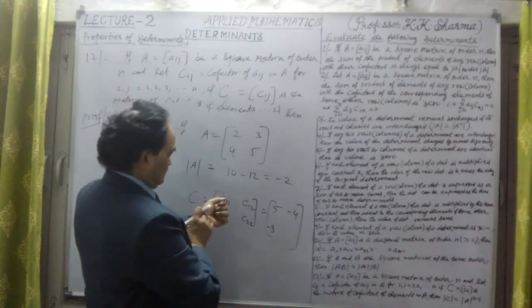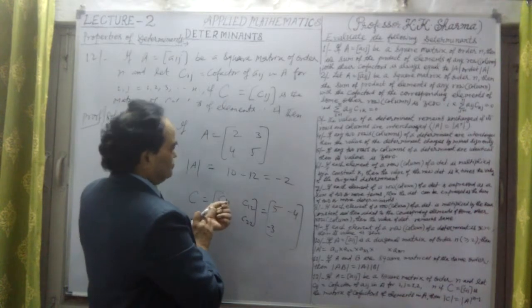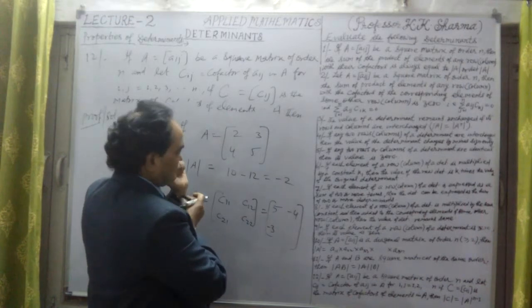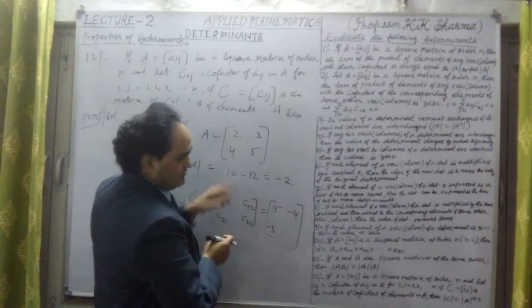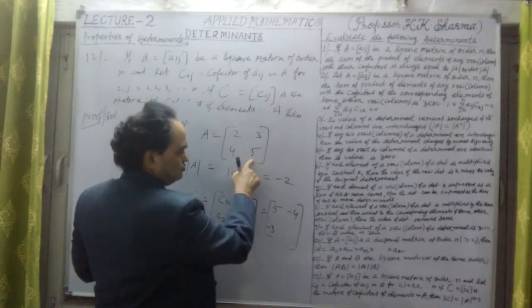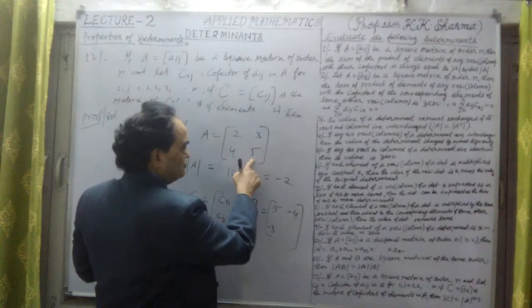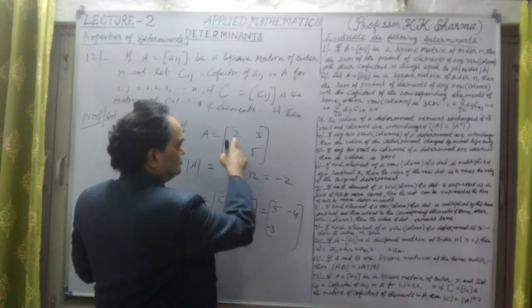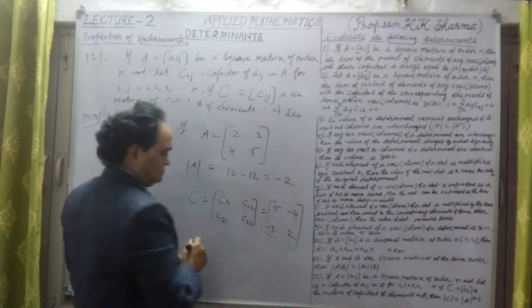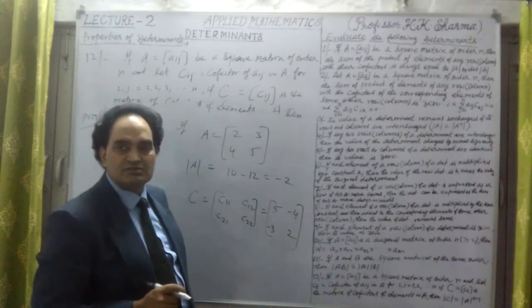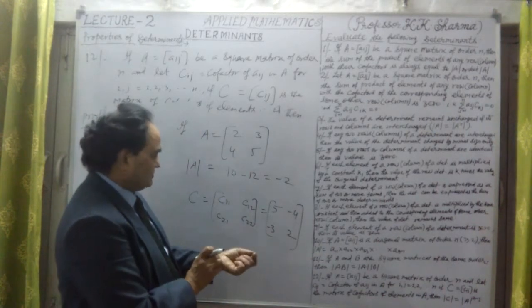The cofactor of 4 is minus sign into 3. Sorry, this is minus 3 here. The cofactor of 5 is simply 2, because this is 2, 2, an even number, so minus 1 to the power 4 is positive. So this is 2, a positive value. This is the cofactors, the matrix of cofactors. Now if I find the determinant of C,